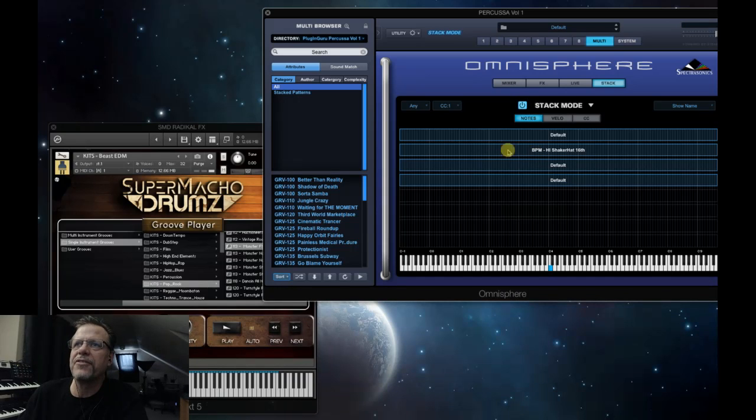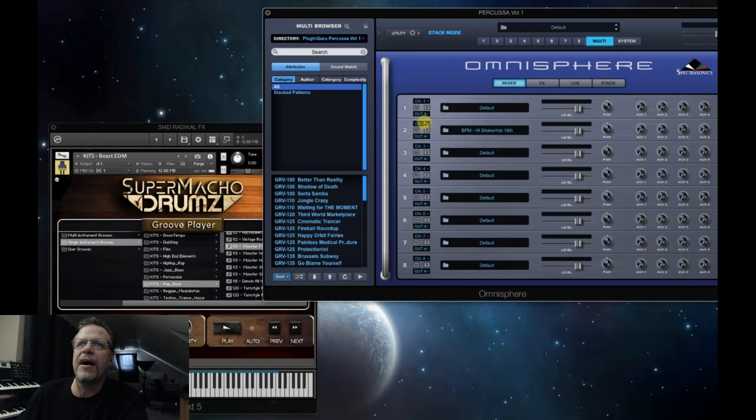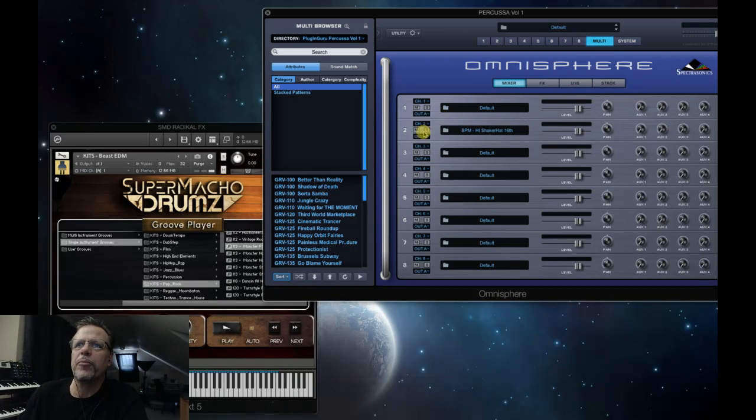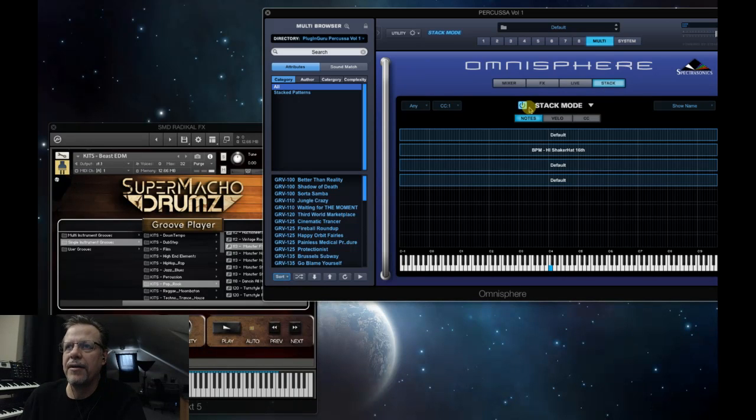What stack mode does is it tells it to ignore the MIDI channels. MIDI channel 1, MIDI channel 2, MIDI channel 3, MIDI channel 4, they all automatically are 1, even though they're set to 4 MIDI channels. If you turn this off, now the 4 parts will play, but they have to be on 4 different MIDI channels. But by turning this on,